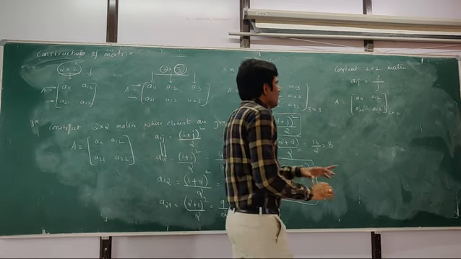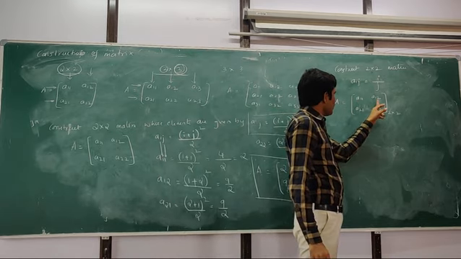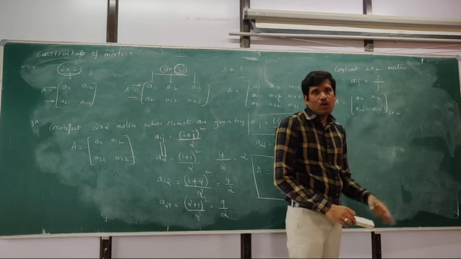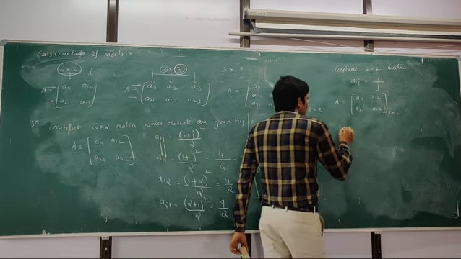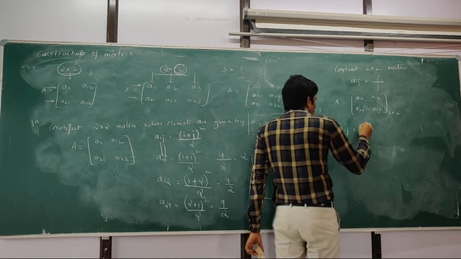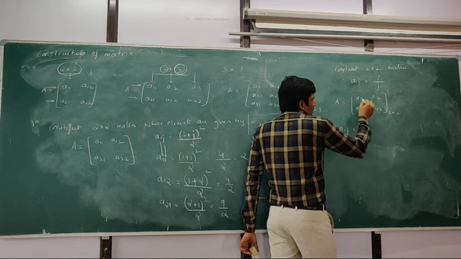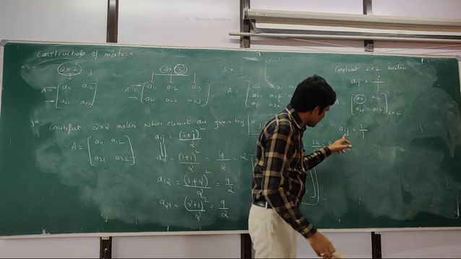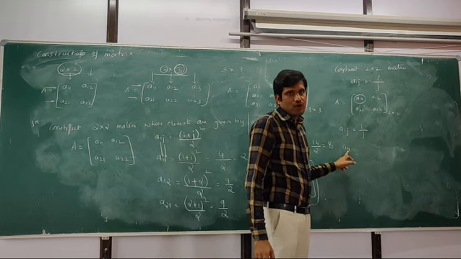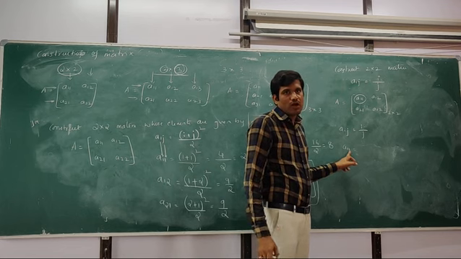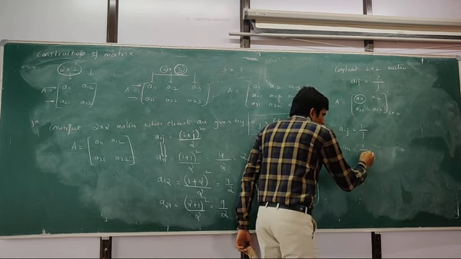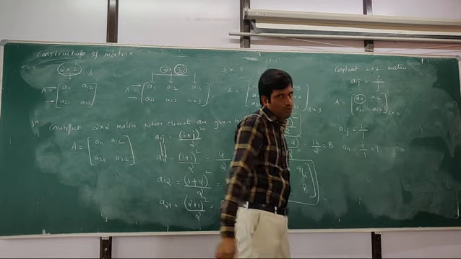Next what we have to do? Now we have to find the values of A11, A12, A21, A22 by using this formula, that is Aij equal to i by j. See here. So Aij is equal to i divided by j. First we have to find the value A11. See students, A11 means in place of i it is 1, and in place of j also it is 1. Substitute i and j equal to 1. So that is i by j, that is 1 divided by 1, which is 1.